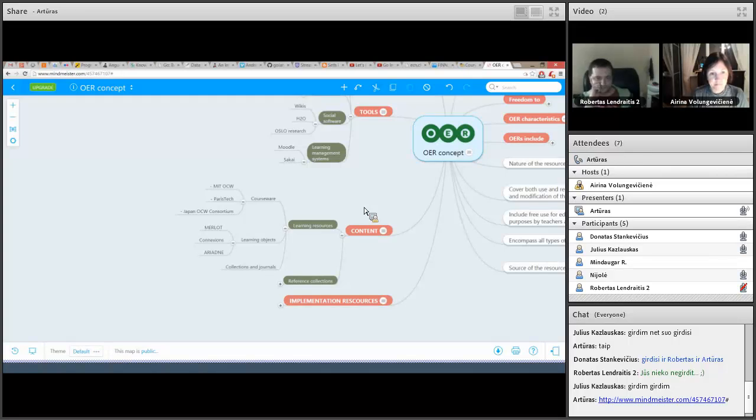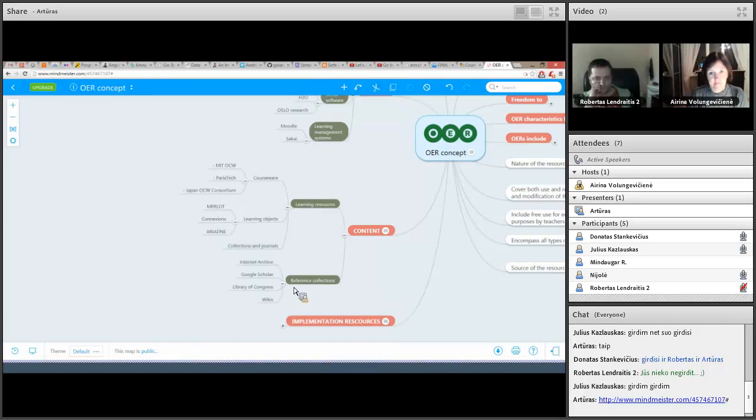Here, content can consist of learning resources and references or collections. If you go to learning resources, here you can meet courseware, learning objects, collections and journals.